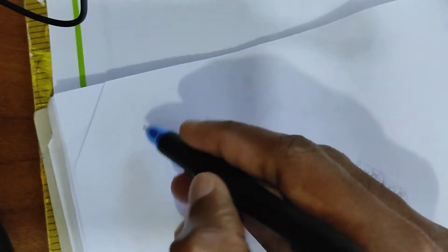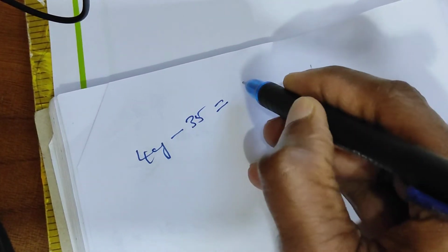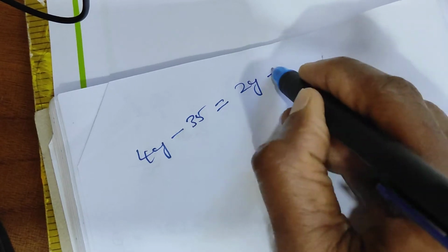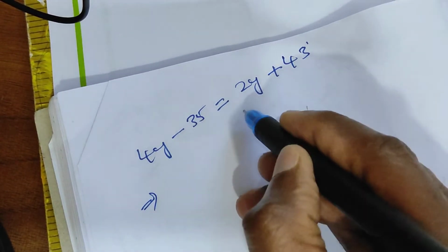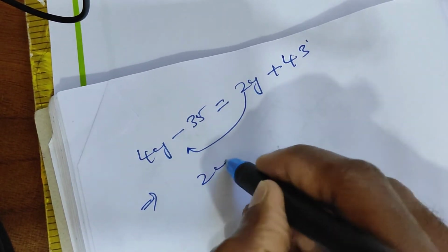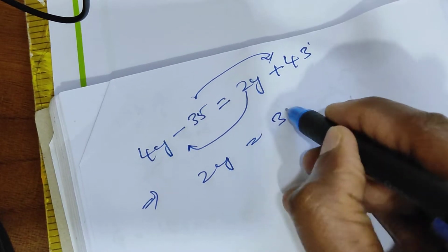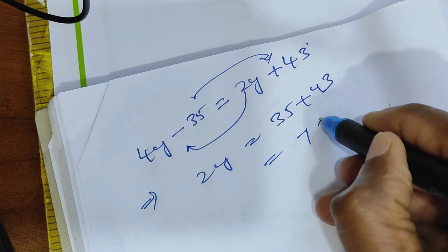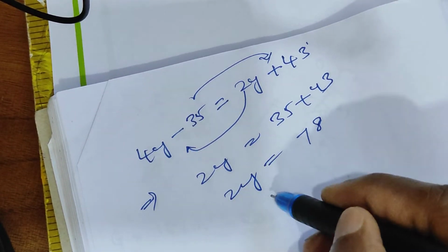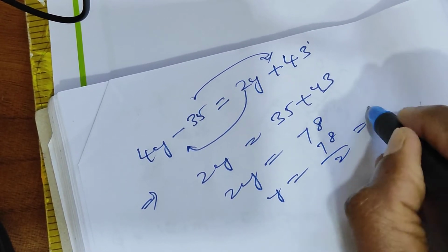So I'll write down here: 45 minus 35 is equal to 25 plus 43 degrees. This 5 will come here, that is 2y, and 35 will take it this side. So 35 plus 43, this is equal to 78. 2y is equal to 78. Y is equal to 78 by 2, is equal to